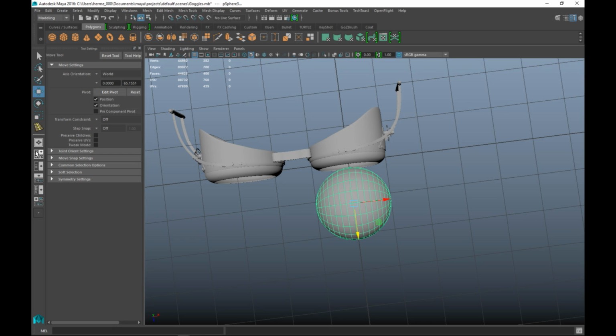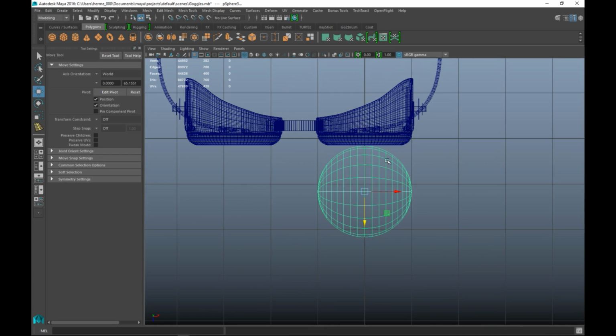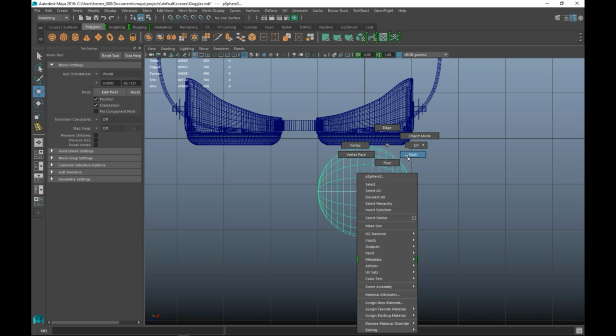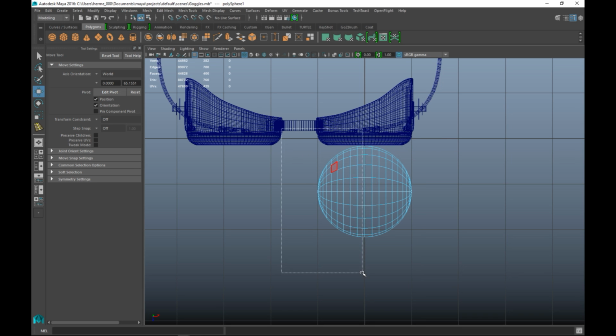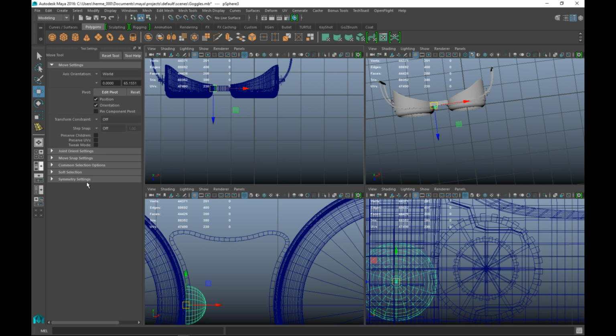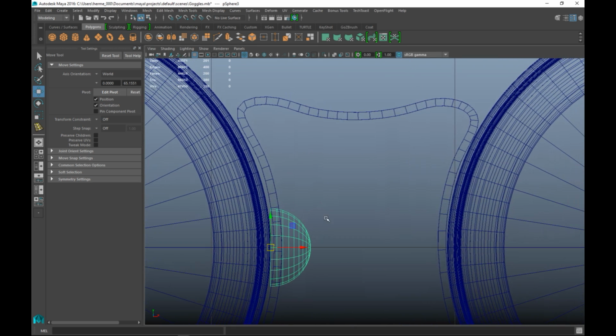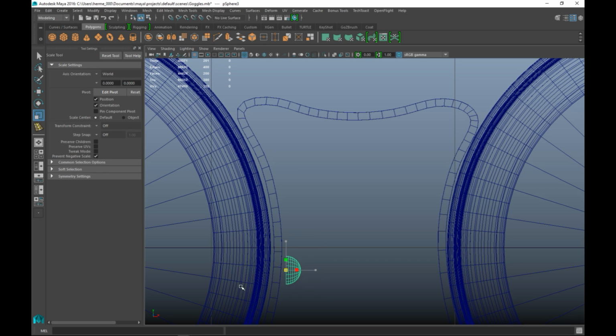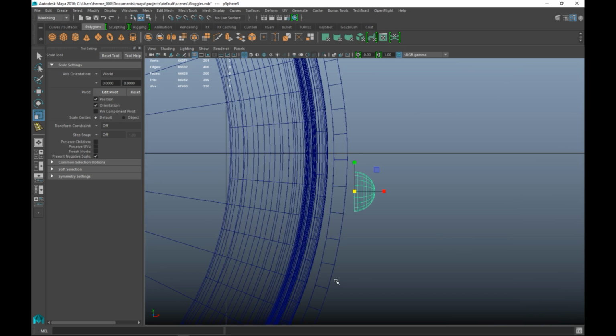I'm going to go in from the top, have to zoom in, right click face, drag, select half of that, delete it, take this guy, R to scale it down, W to move it over here, and then from this view we're just going to move that up and scale it down some more, F to zoom in, E to rotate,